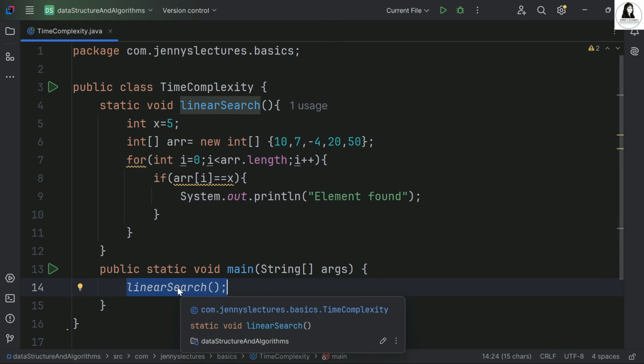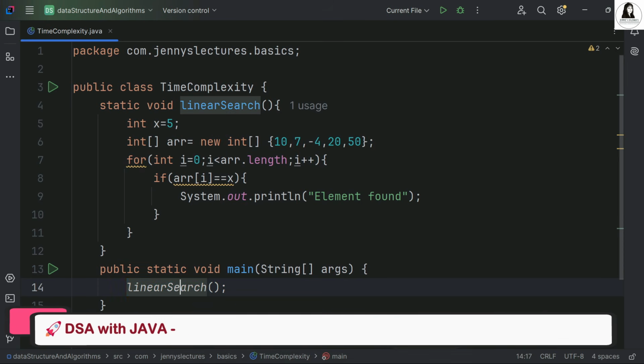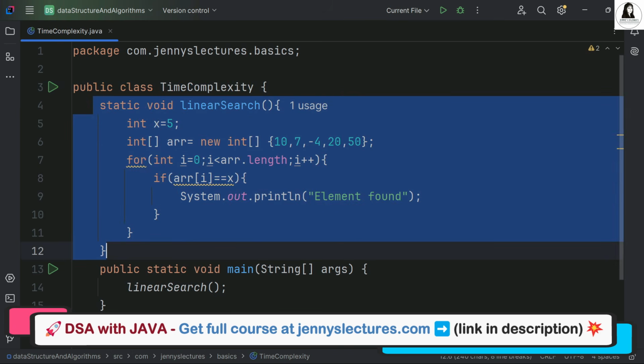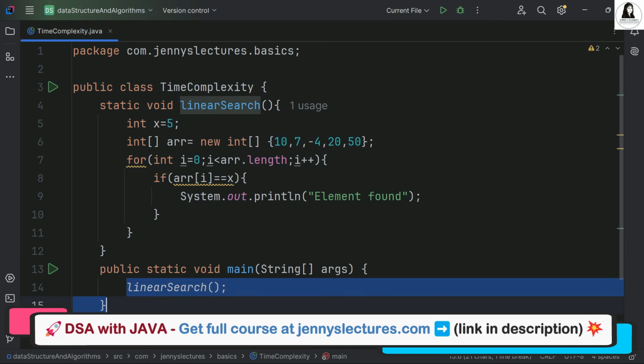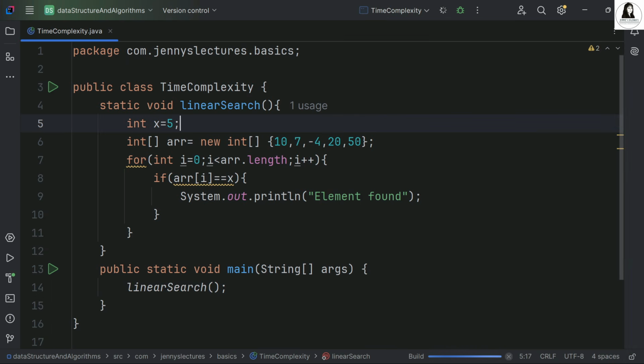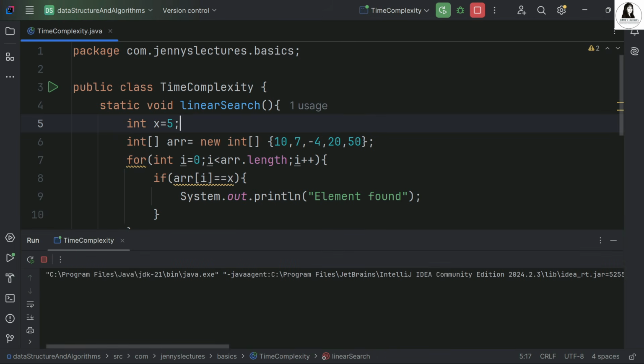We have a method, linear search, and in this class, we have the definition of this method, and we are calling this in the main. Right? Simple. So if I run this, but the 5 is not there in this array, so you will not get any output here.